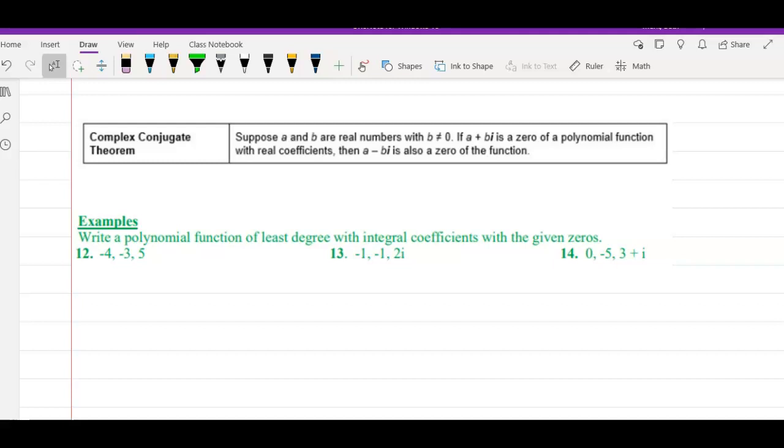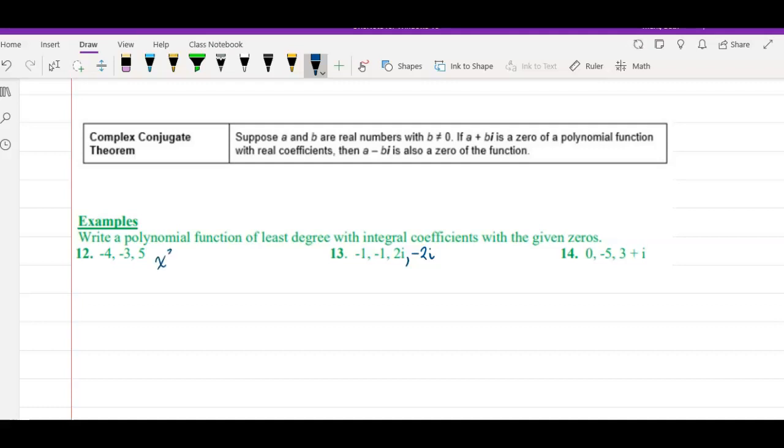You're never going to have 2i as a root if his little partner, negative 2i, isn't right along with it. You might have 5 without having negative 5, but that's because 5 is a real number. If you have an imaginary or a complex number, you're always going to have the conjugate along with it. So if we're trying to write a polynomial function of least degree, this one is going to at least be